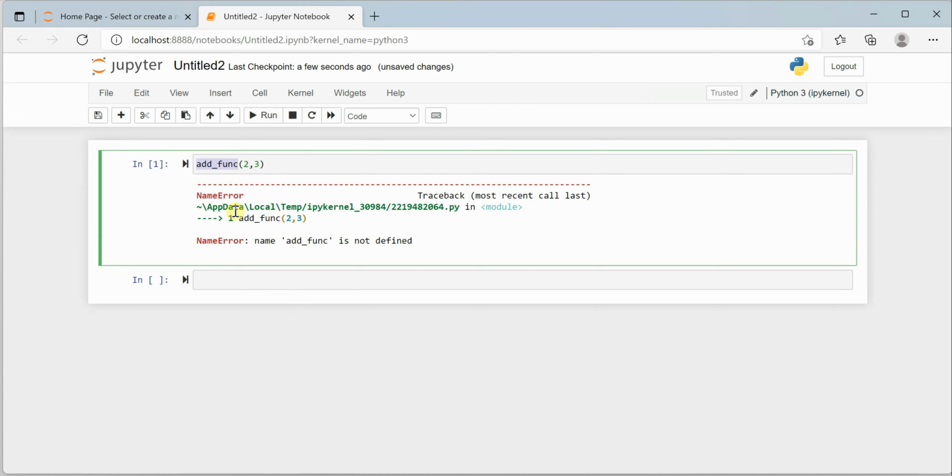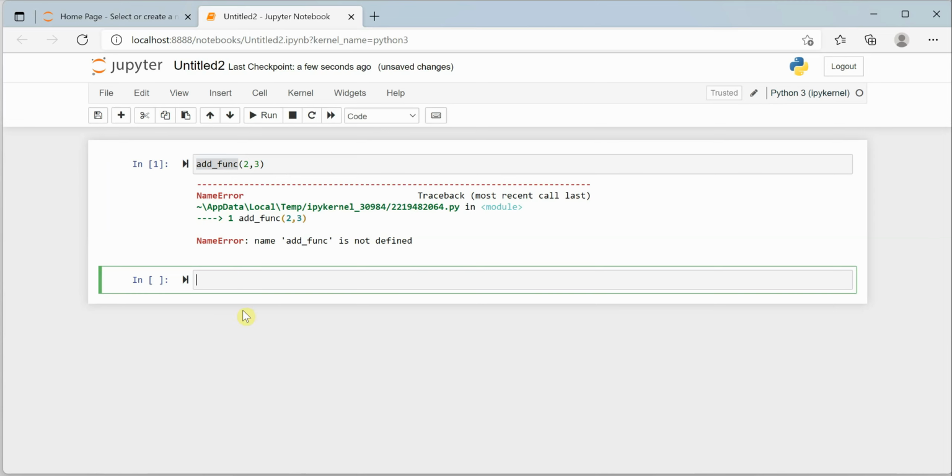To make these things work, we need to import the namespace. There is a keyword import, and we just mention the name of the file, which was calculations. I will copy it, and as soon as you do import calculations, it will pull in the things over here.